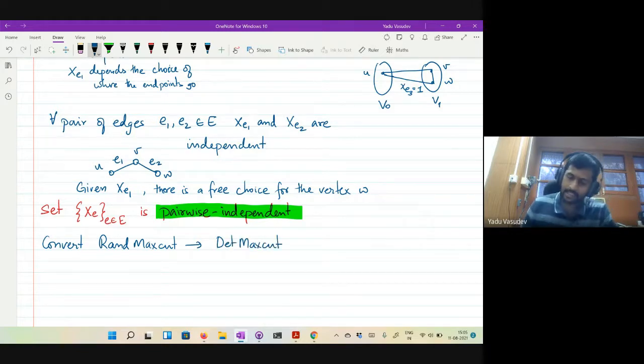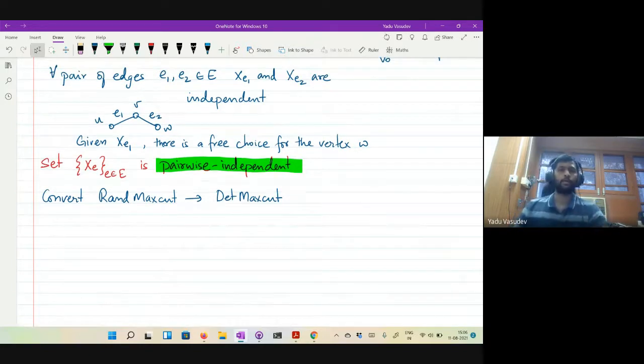And the deterministic max cut will always output a cut of size at least M over 2. Any questions so far? Is it clear why we need only pairwise independence? That is what we are going to crucially use now.